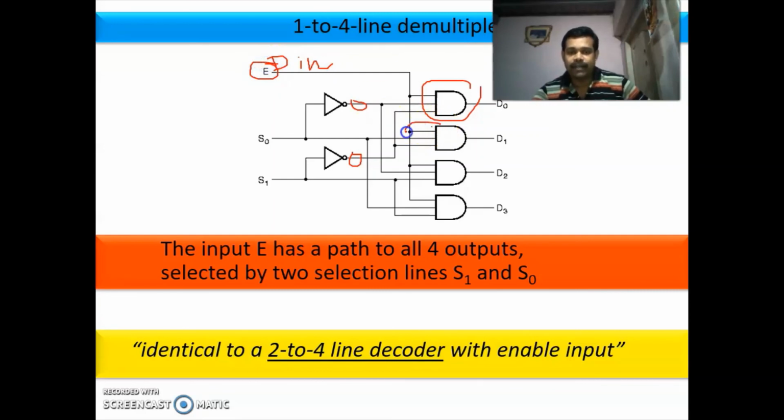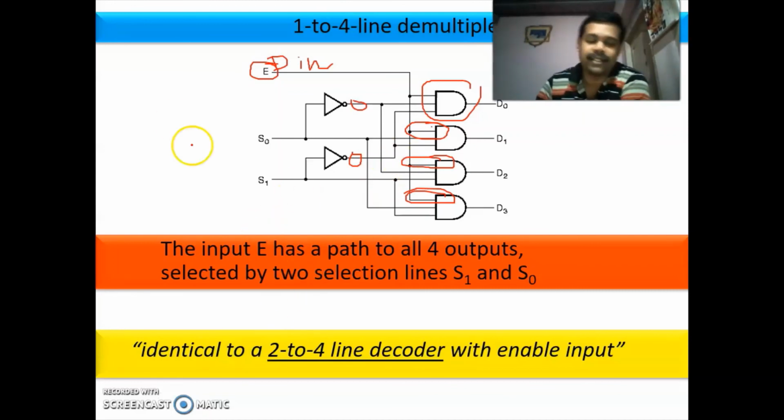So the D in will be given to all AND gates. So for drawing a 1 to 4 line demultiplexer, first you draw a 2 to 4 decoder. Then you connect one common input to all the 4 AND gates. Then you will get a 1 to 4 line demultiplexer.